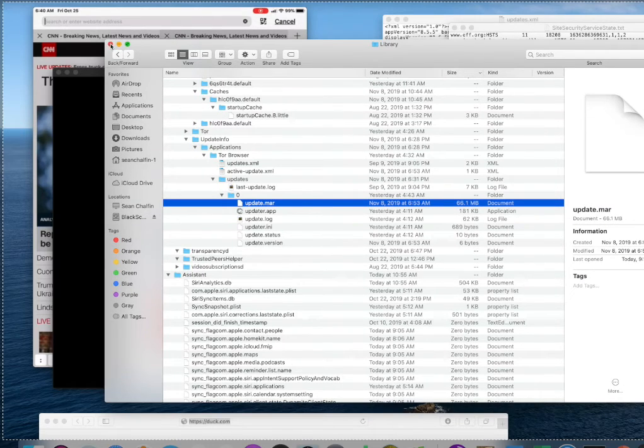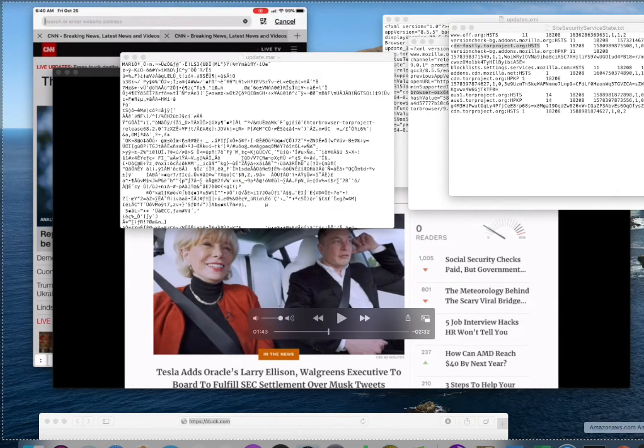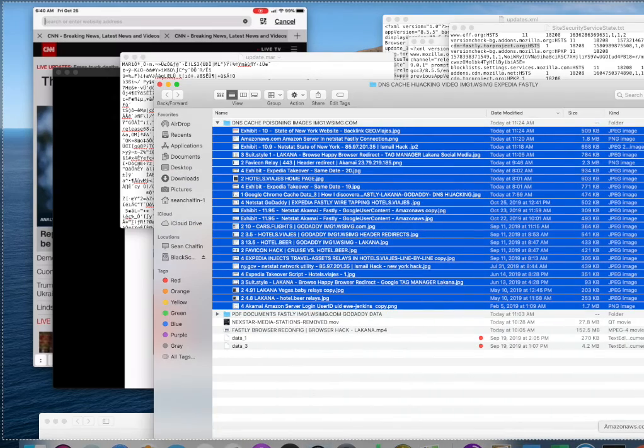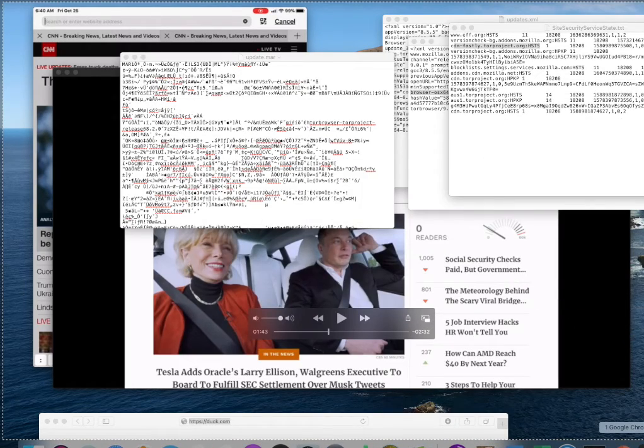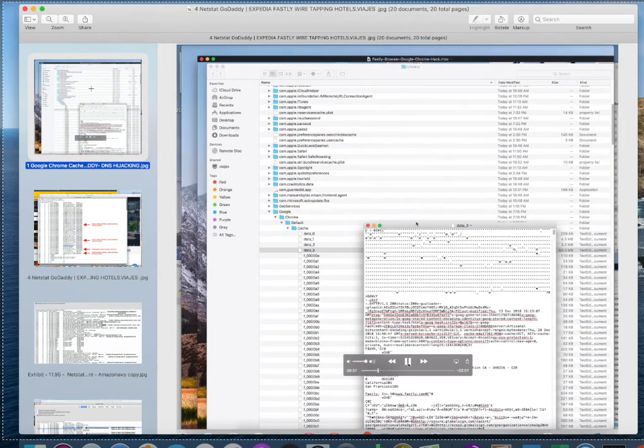Now, I want to show you what that file looks like. Now, it looks like back in December 20th, this is where I discovered it.